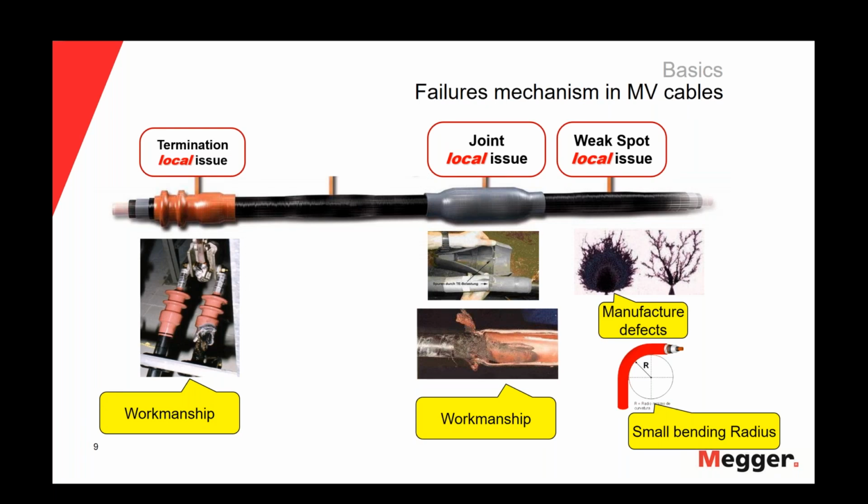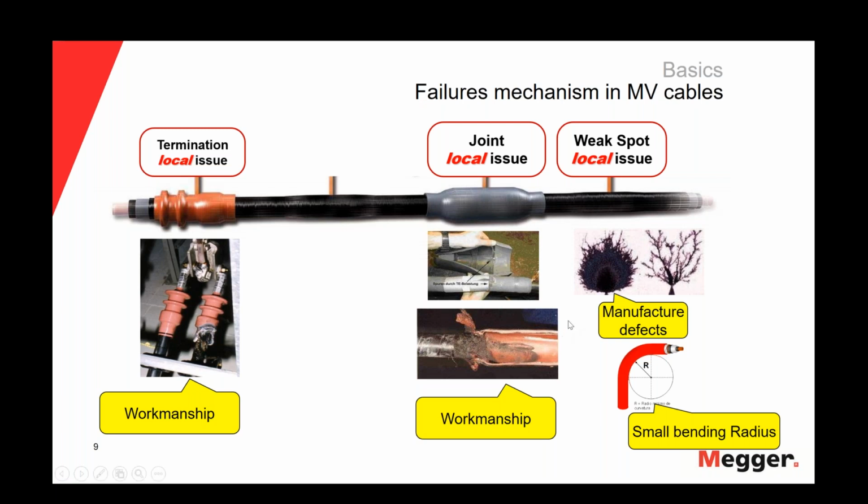Talking of the failure mechanisms in medium voltage cables, we should distinguish between the local issues and the global problems. A local issue is a problem that is limited to one portion, one segment of my cable. It's not a problem that is spread along all the cable. It's just a problem constrained to a segment or accessory in my cable. For instance, if I have a problem in a termination, I will consider that a local problem because it's just the termination that has a fault, and if I replace the termination, the cable will recover 100% of its